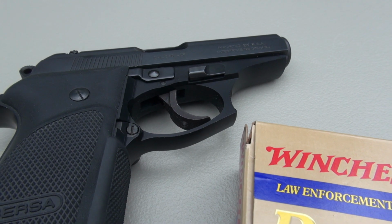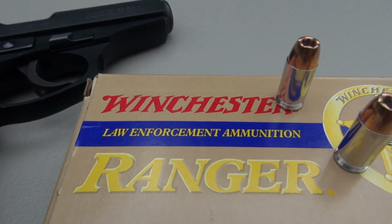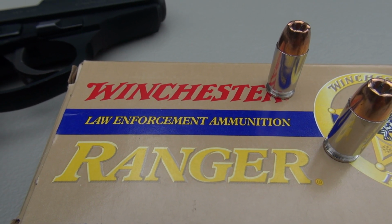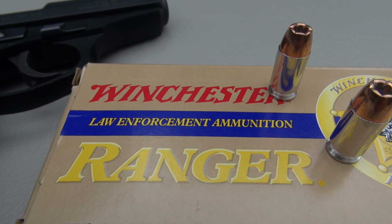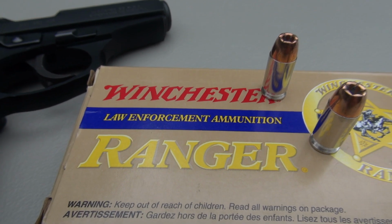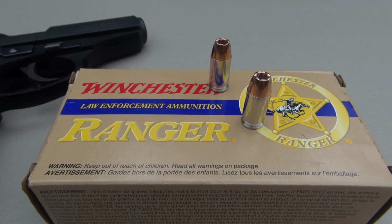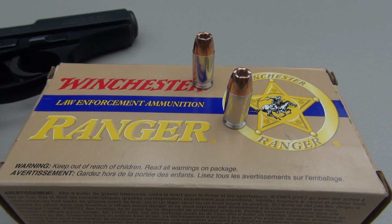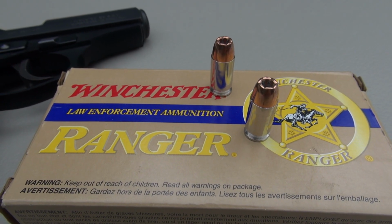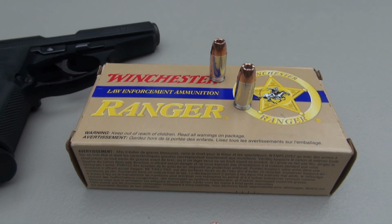I've got a couple of data points to share with you before we get to the test and evaluation itself. First, on the package, law enforcement ammunition. In my state of residence, Tennessee, it is legal for me to use this ammo. That might not be the case where you live, so you need to confirm that yourself. Also, you can purchase this online as of the date of this video. However, some of those distributors are requesting or requiring that you have law enforcement identification or credentials, so be aware